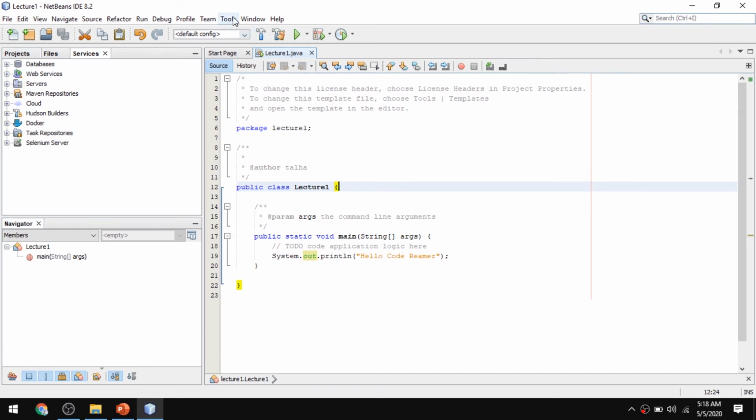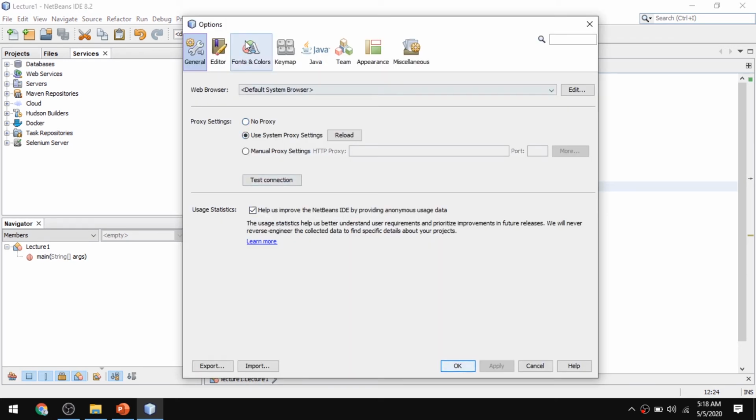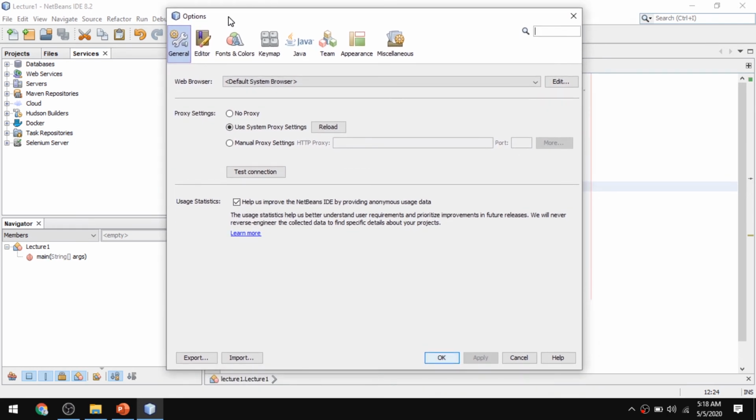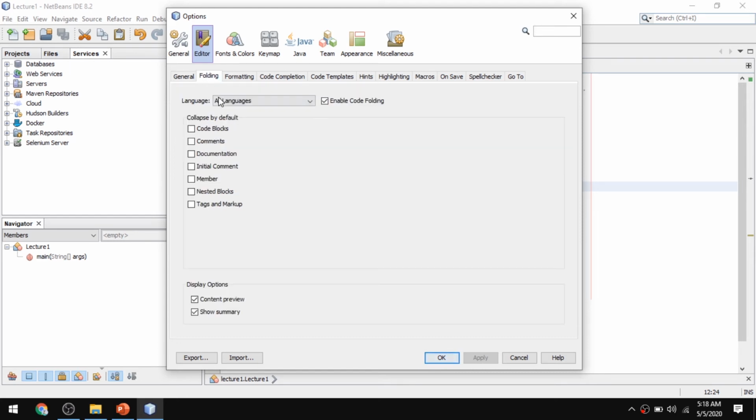The next and most crucial and important thing about the tools is you go to tools and click options, and here you can see multiple options. For our concern, we will go to the editor, and you can see general things and folding.